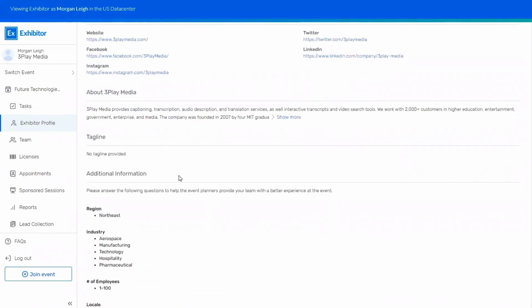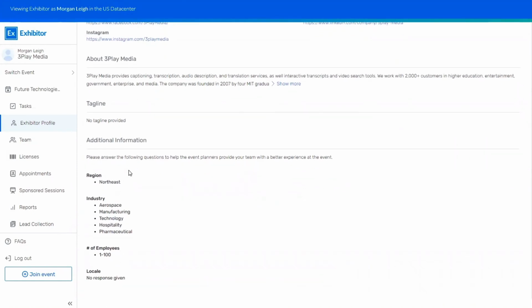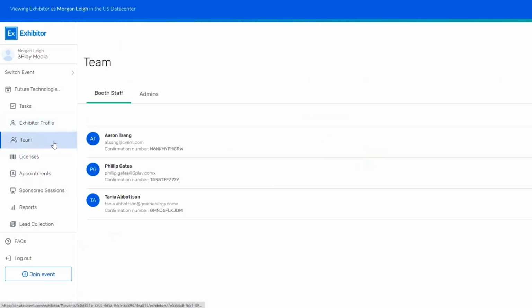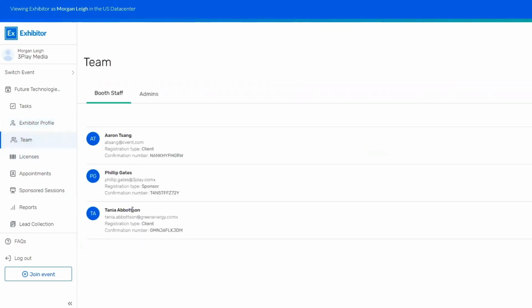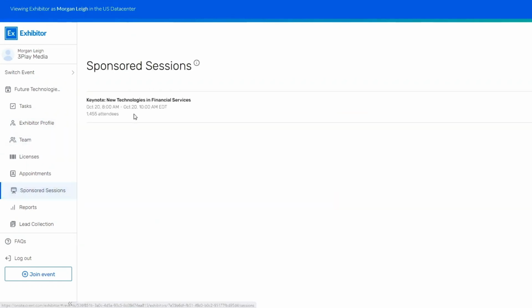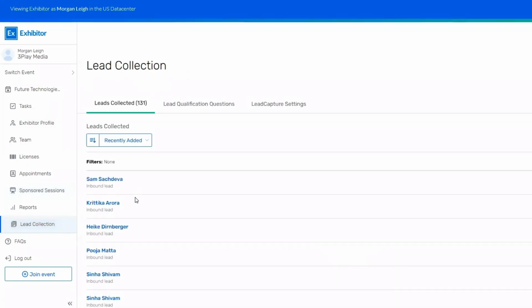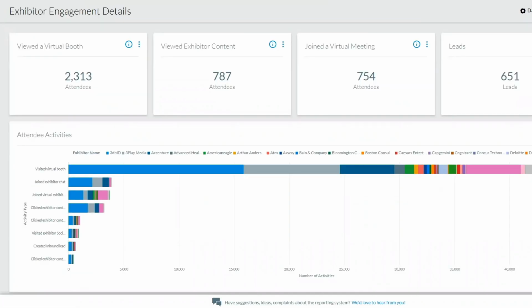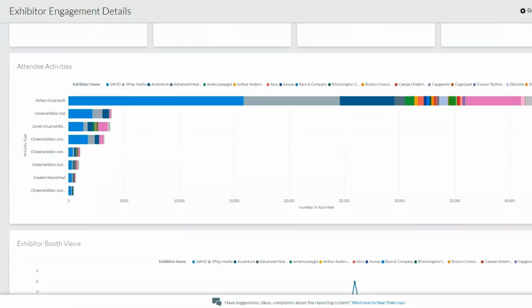on their booth page. They can complete tasks and deliverables that you've assigned them, register and manage their allotted booth staff and team members attending your event, and ultimately gather and report on leads collected at the event, whether those came from registrants checked in to their sponsored sessions, badges scanned through lead capture, or engagement on their booth pages within Attendee Hub. There are so many benefits of leveraging the Attendee Hub as a way to activate your sponsors